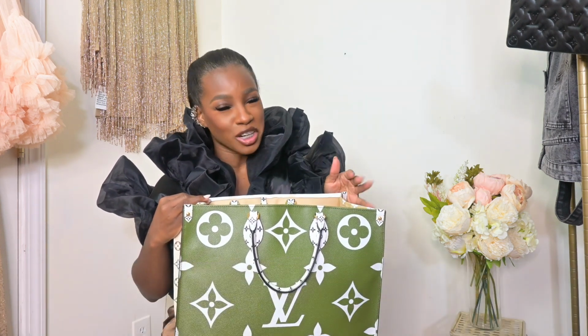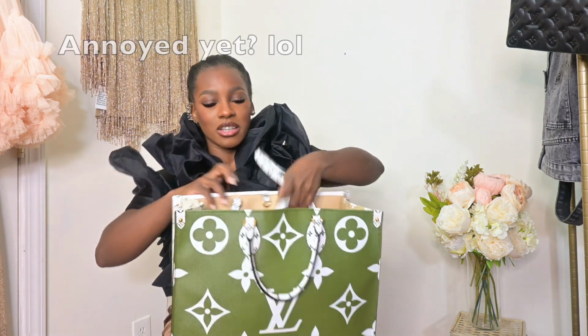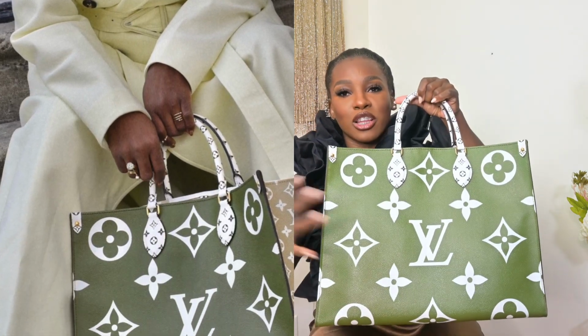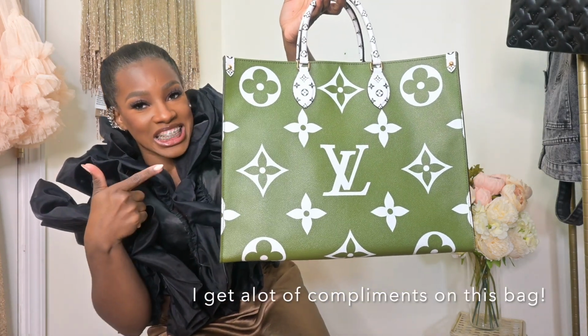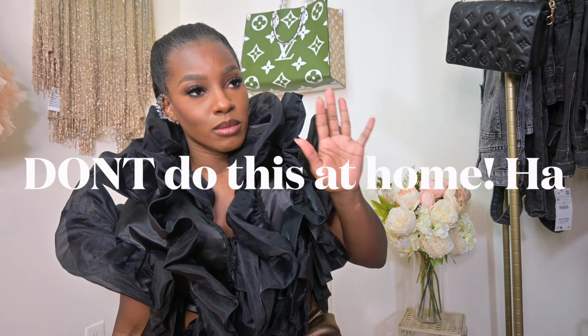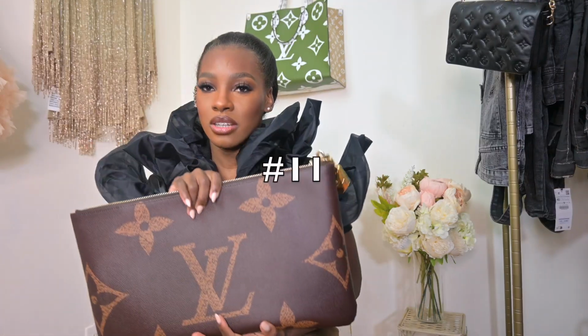Let me know if y'all get tired of me saying that, but it's really it for me. Like, this bag has the medium length straps, it has the short straps, and then the large monogram, or you want like some extra zhuzh, this is it. I get so many compliments on this bag all the time. This was strictly an impulse buy, and I'm so glad that I did it because